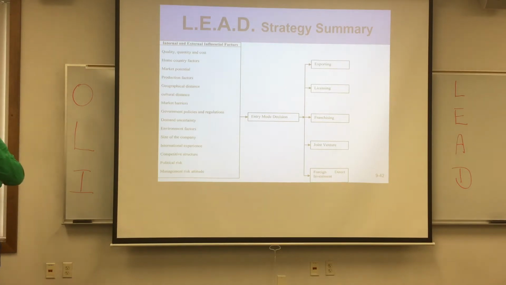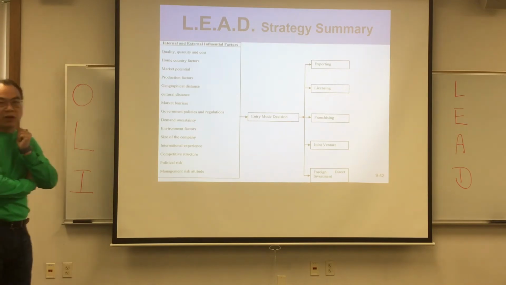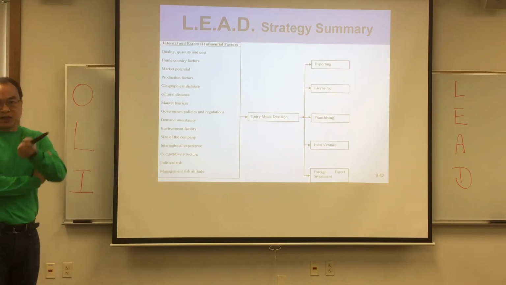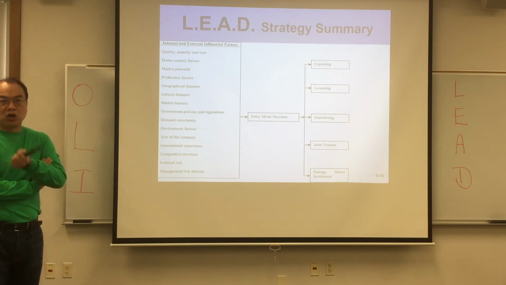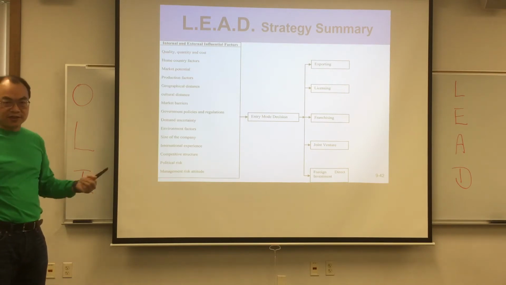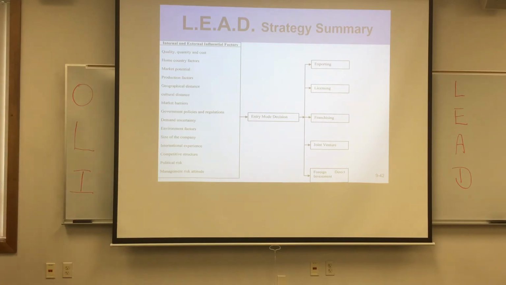I put licensing and franchising together, like McDonald's or Burger King going to other countries. That's more like franchising. But brands like Looney Tunes that go overseas go through licensing. Licensing, in a sense, is less risky. Normally, the licensee pays about 3 to 5%.